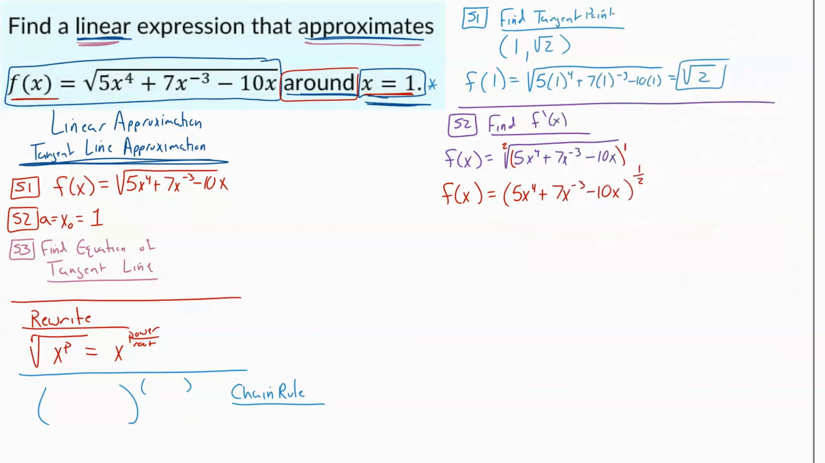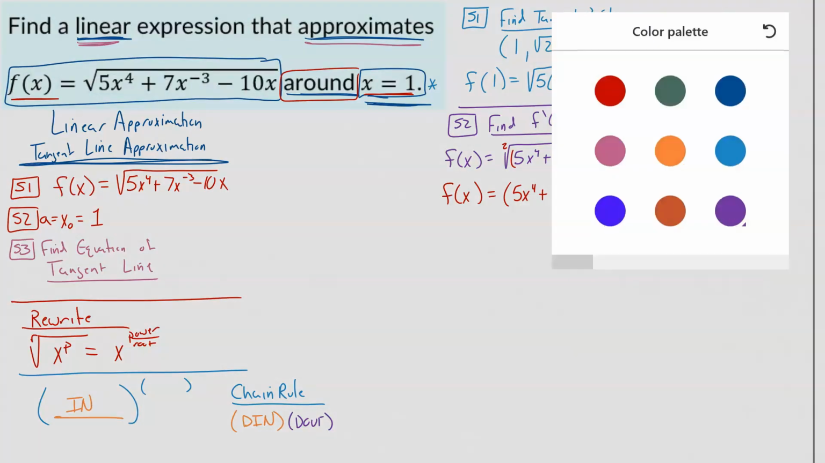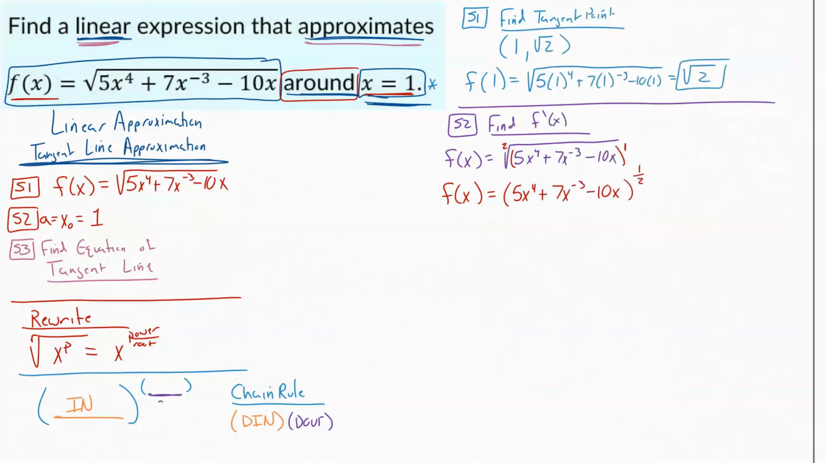My little saying that I use to remember the chain rule, my recipe, goes d in times d out. The derivative of whatever is inside those parentheses, times the derivative of the outside here, which is usually just a big power rule. So following that to get my derivative, f prime of x equals,